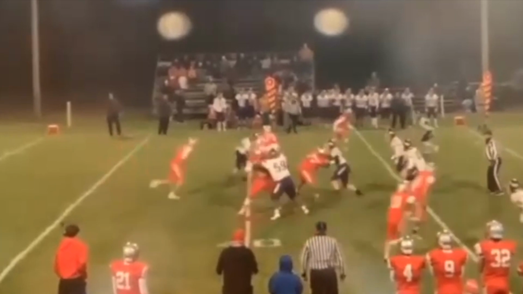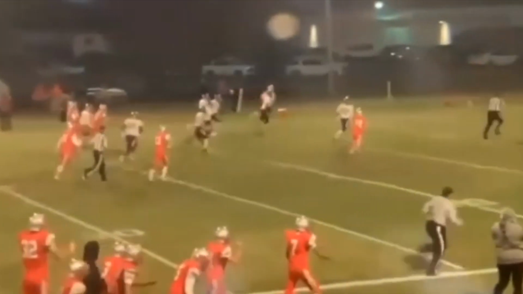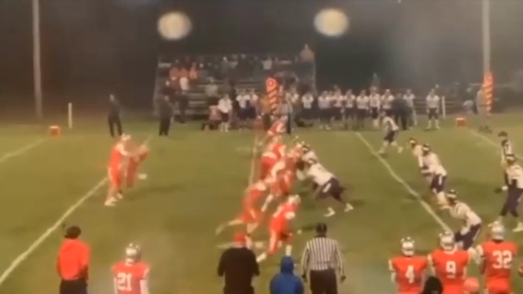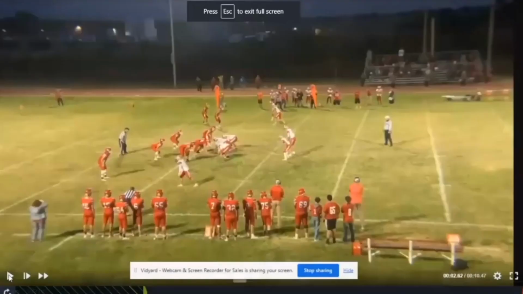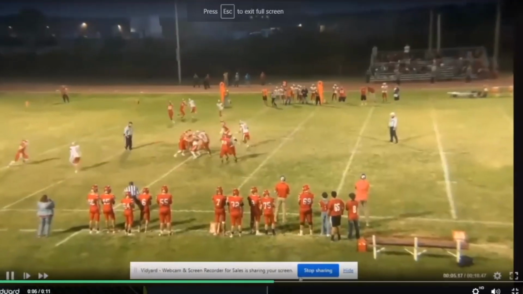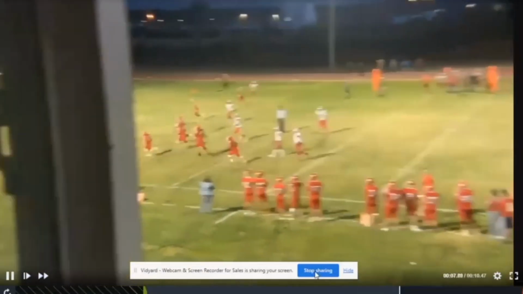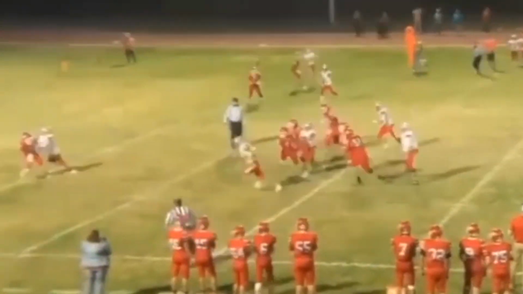So again, just playing in space has been a huge part of our success, because we don't have the biggest linemen. And here's one more example of that same play. This one is the same year actually, but here it is. It'd be a twins right split, straight downhill at the ISO. Boom. We actually didn't even block it correctly, because I really don't even want him to touch the backside end.